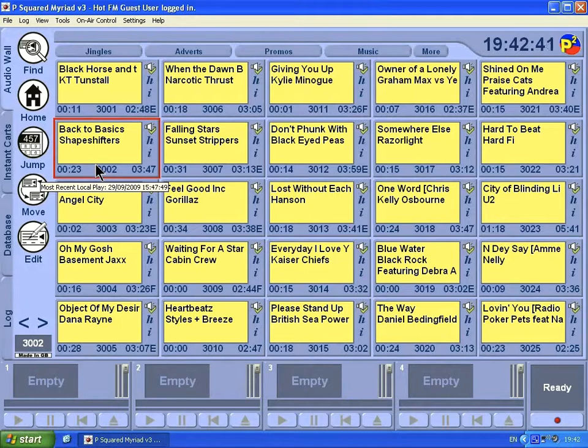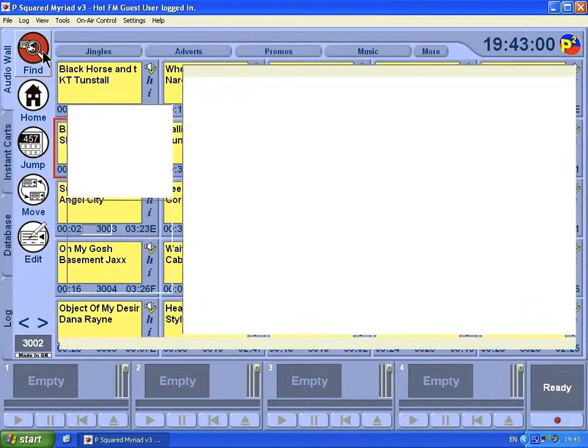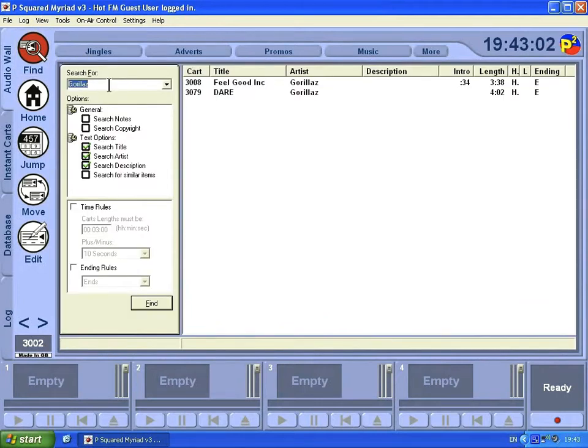So that's all well and good if you know what the cart number is. Perhaps you've got external software that monitors all your record library details, or maybe you've got stuff on CD as well as on the Myriad system. So you might know the cart number, but what if you don't? Well, that's where the find comes in. Just click on find here, fill out your details and click on find. We're going to go further into find in the next chapter, which is all to do with